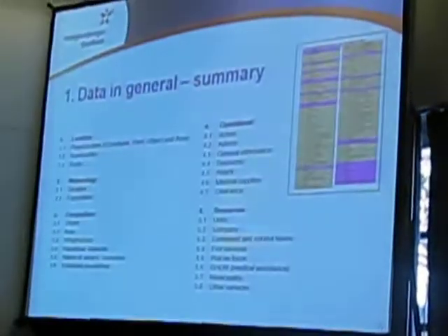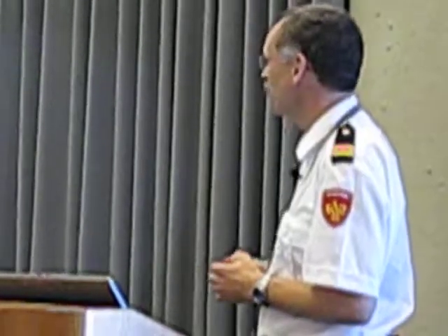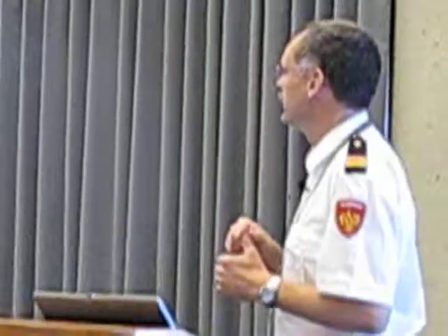We structured it, and this is a summary. We start with a location, and then the circumstances: the weather, the situation, the scenario, what's going on, what we have to do operationally, and with what resources. For each project you need a management summary on one page, so that's it. It's too small to read, and it's Dutch, but we have worked that out for each subject. What does it mean?